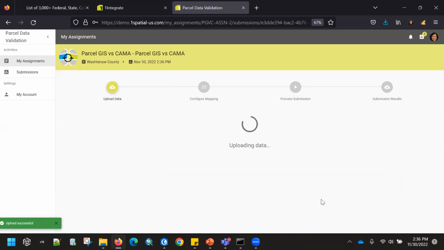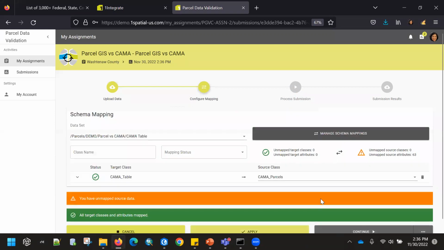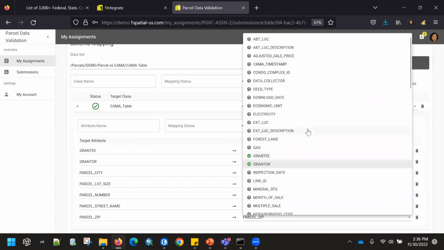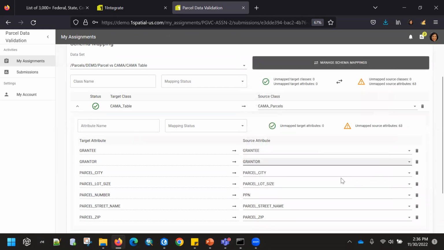So now what's running behind the scenes is One Data Gateway is trying to map the schema for data submission. Wherever there is a one-to-one match between feature class attributes, it will automatically map those across. Where it's unable to, I can manually make that change using this drop-down menu right here. And among all of these different attributes it's asking for, I was able to map parcel number across as a submitted PPN.